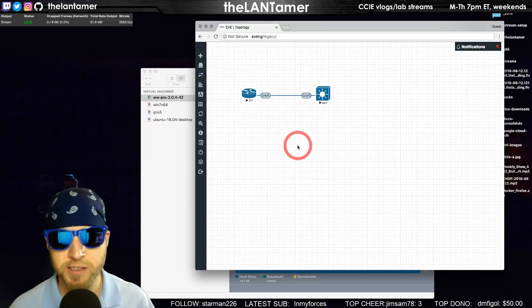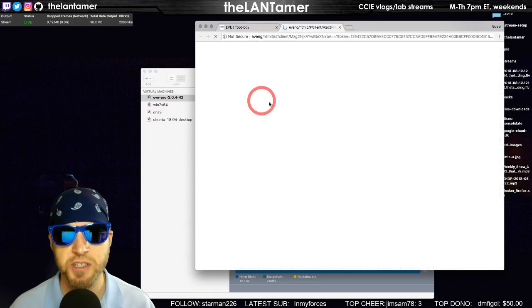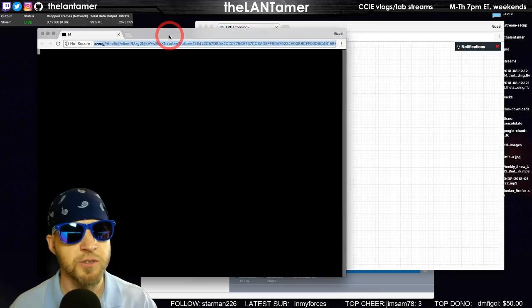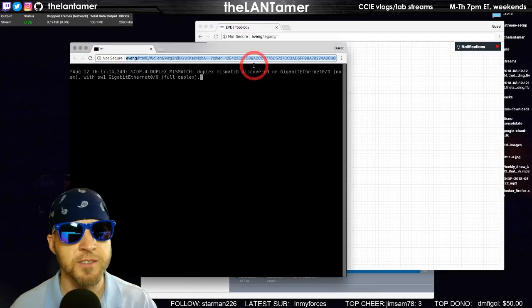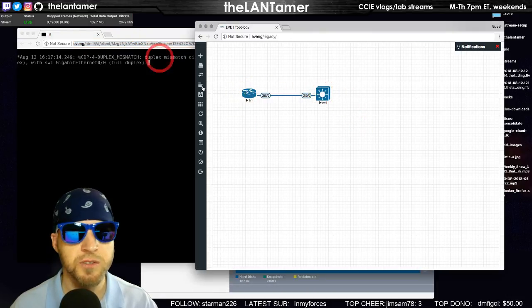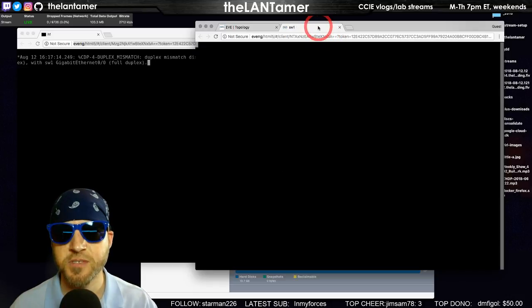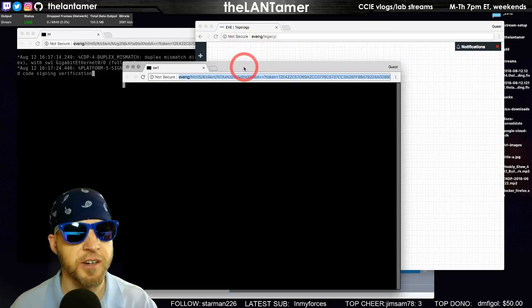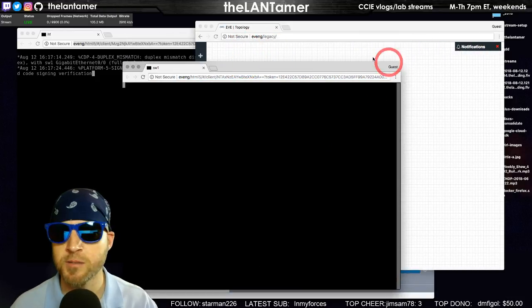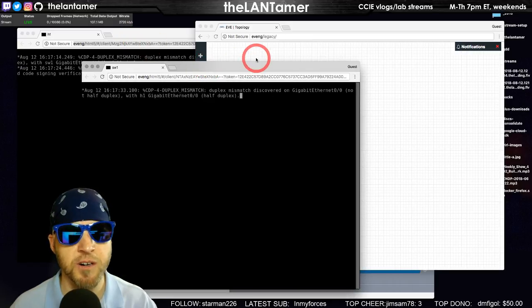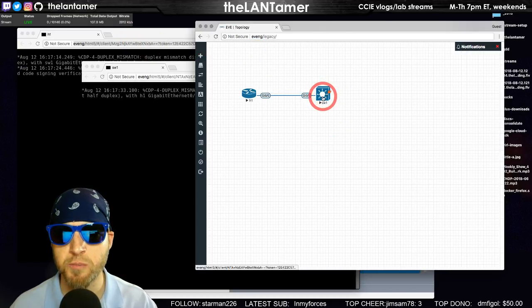And I'll talk about the other console here in a minute, but let me just show you, again, I said with HTML5, you're going to connect into a browser window that you could just peel off. Oh, duplex mismatch, that's new. So that's host 1. But yeah, as you can see here, this is really cool. I know the router's still kind of booting up. There's our switch, there's our host router, and then we can do packet captures.